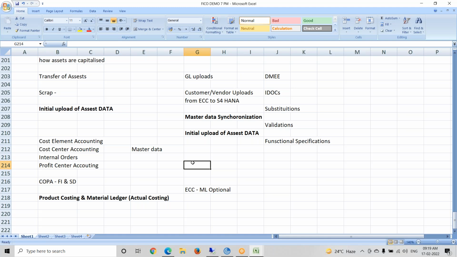So definitely you have to contact the production, the PP consultant, and ask what scenario he has to execute. They will execute the scenario, and then it will be reflected in SD. Then you will check with the SD consultant, and you will test it from your end. Yeah, we have several scenarios like that.